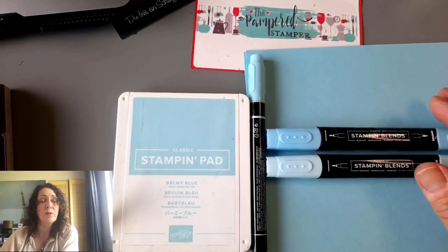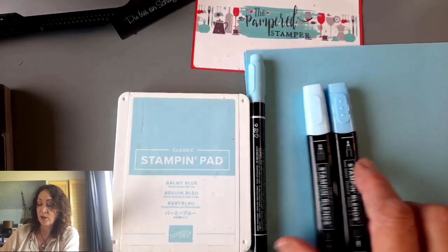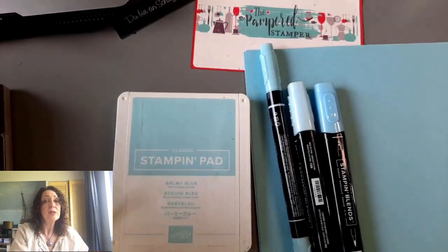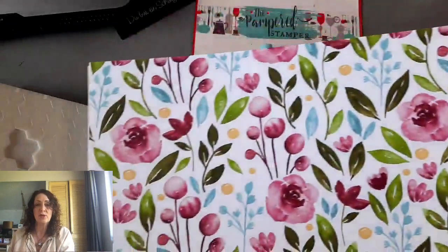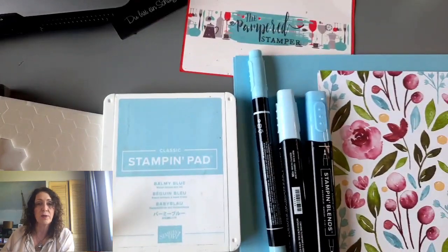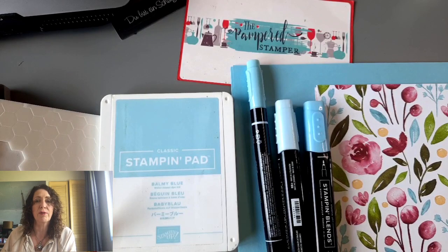It's just a beautiful, rich color that goes on so smoothly and blends so beautifully. So that's our basic stuff. And then we have patterned paper. And the nice thing about the patterned paper is, take a look. This is just one sheet, but notice how the blue coordinates perfectly with the blue in the cardstock. So if you're making cards or scrapbook pages or gift boxes, everything coordinates perfectly, and that's what makes